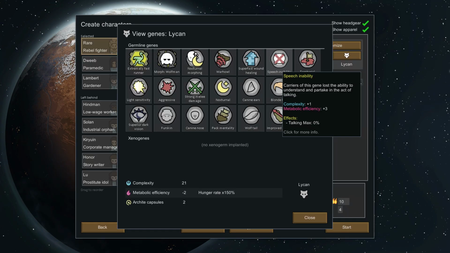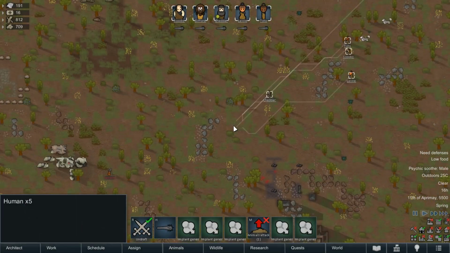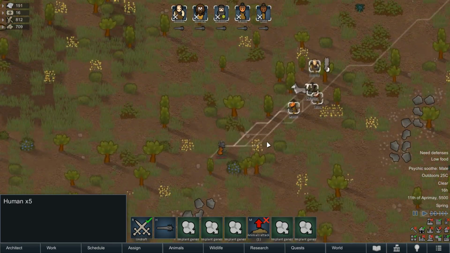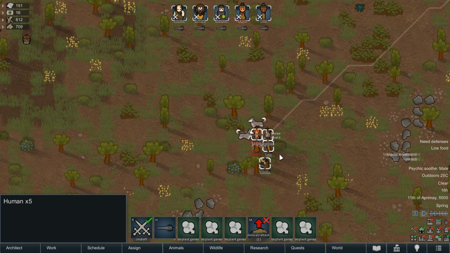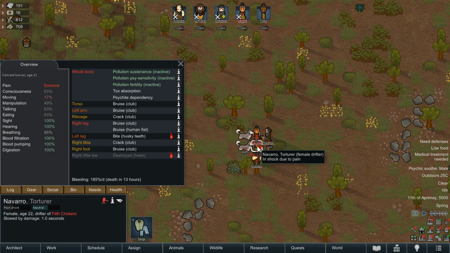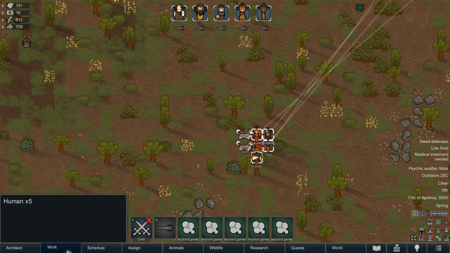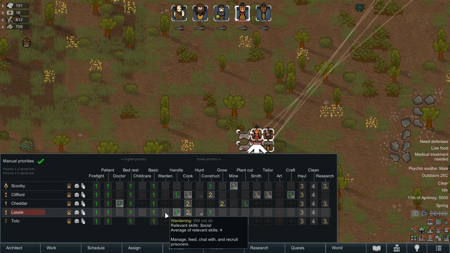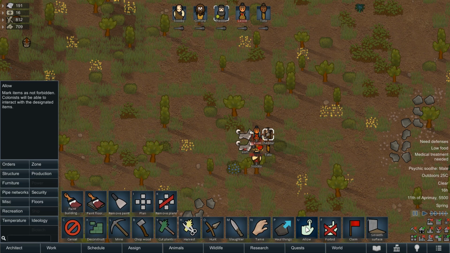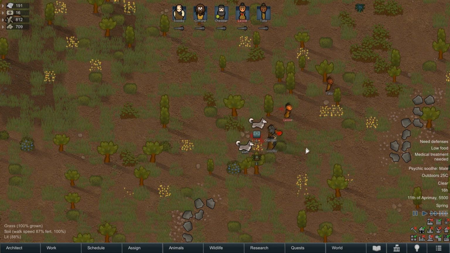Speech Inability is a new gene to make up for the large boost in power that Lycans have over the night. Whilst you'll want your Wolfman socialising to get those pack bonuses, you only get a narrow window to do so because of the Forced Night Owl trait, and their transformation into the Speechless Lycan between 6 PM and 6 AM. On the plus side, it's harder for Lycans to slight each other constantly when they're genetically forced to keep